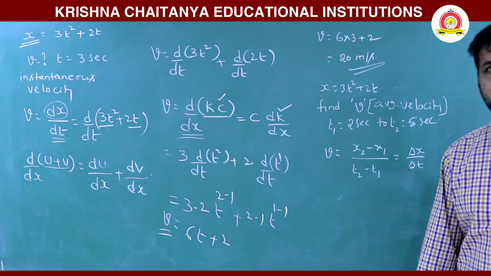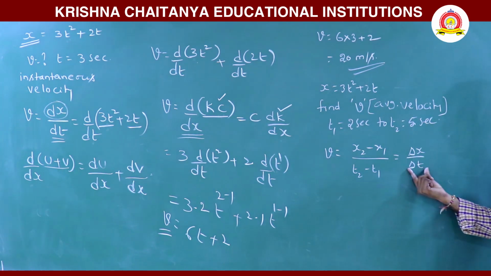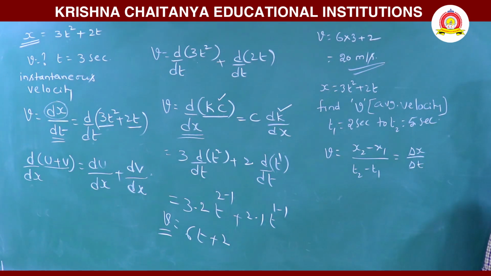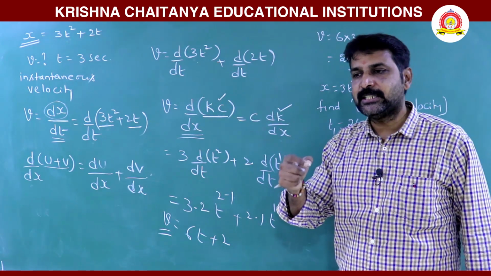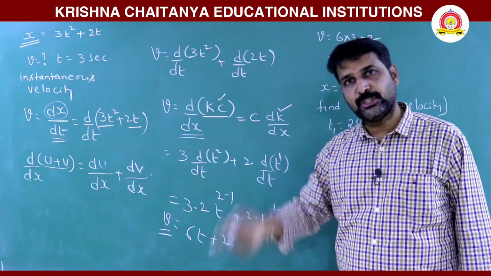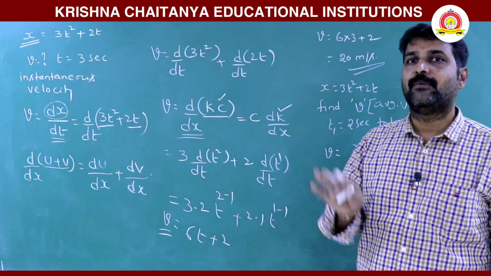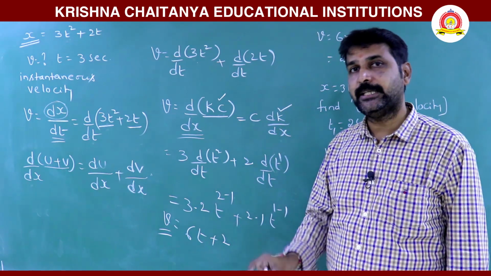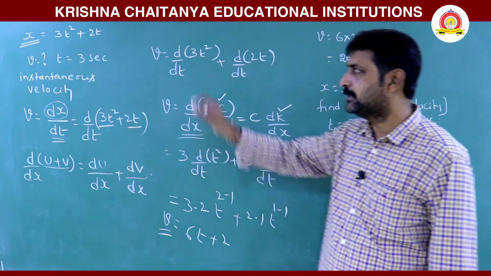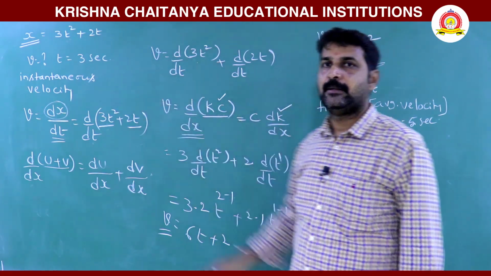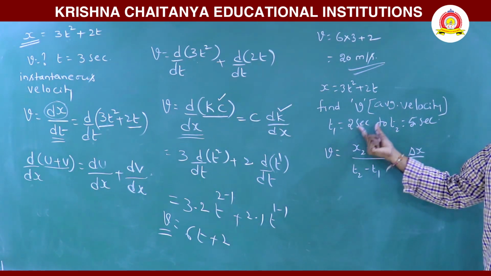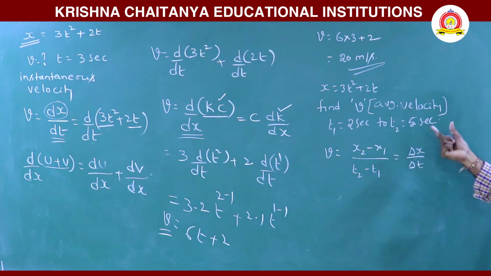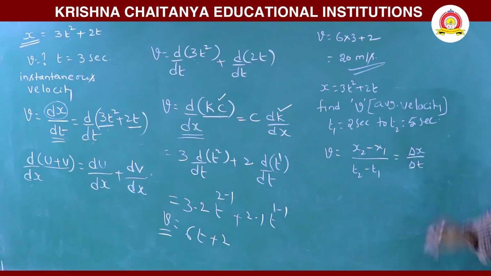When we are using differentiation, this time interval is reduced to 0, means there is no interval. Time is there, 3 seconds, that is that instant. If the instant changes, then if it becomes 3.01, then you are finding out velocity at 3.01, not at 3. If you are asked to find at 3, means time is 3 seconds exactly there. But here this is not 3 seconds time. This is the interval where time changes from 2 seconds to 5 seconds. 3 seconds gap is there.